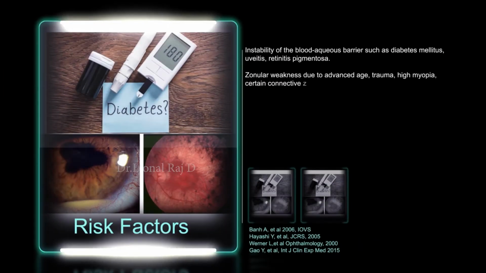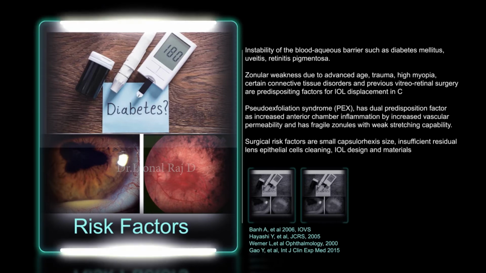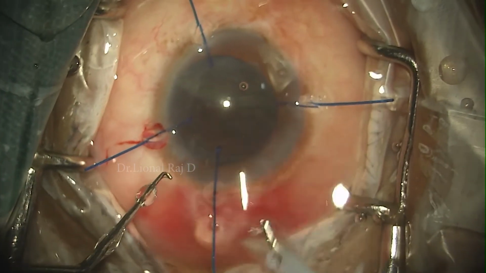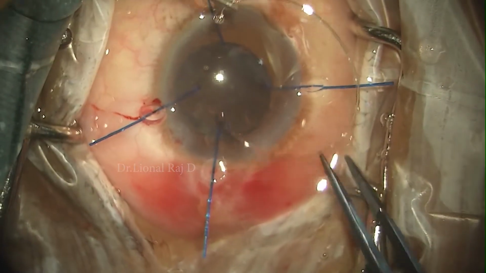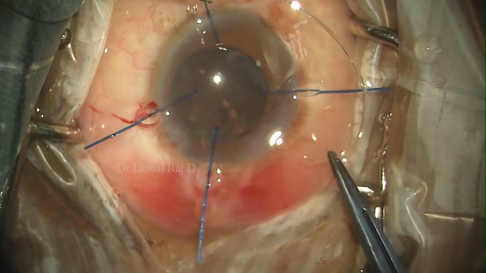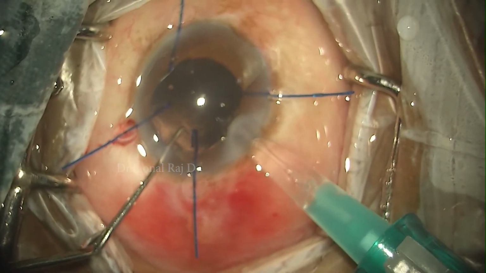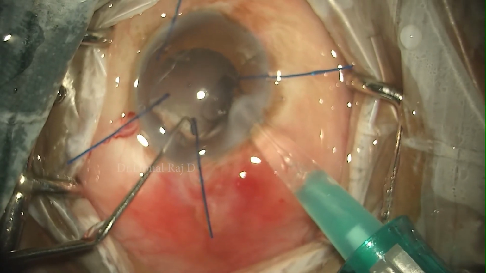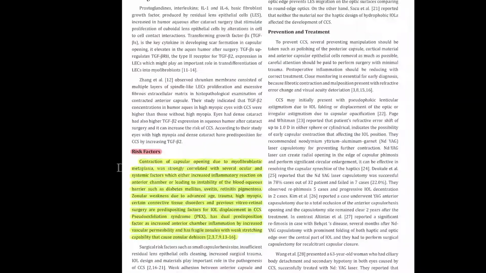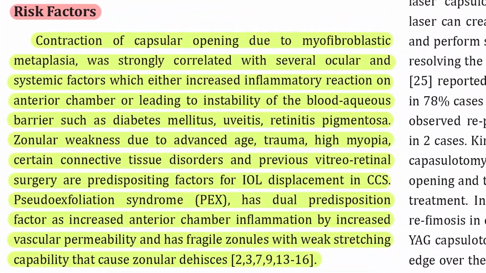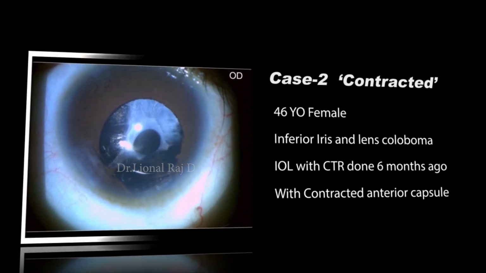Broken blood aqueous barriers, as in diabetes, uveitis and retinitis pigmentosa, and various other causes of zonular weakness like myopia, trauma, connective tissue disorders, and post-retinal surgeries are predisposing factors for capsular contraction, in addition to design and properties of IOL materials. Pseudoexfoliation has a dual mechanism of both zonulopathy and broken blood aqueous barriers,